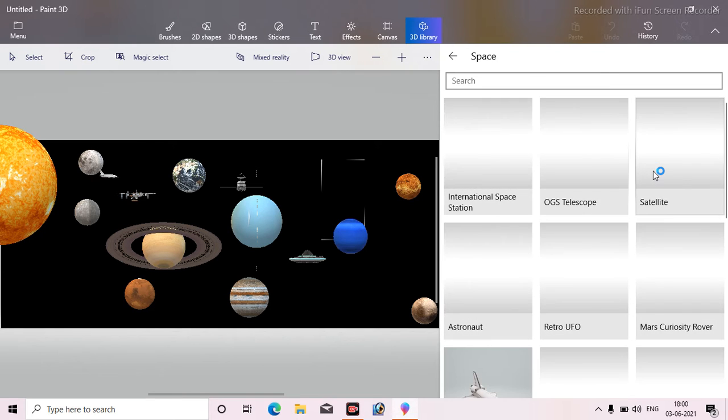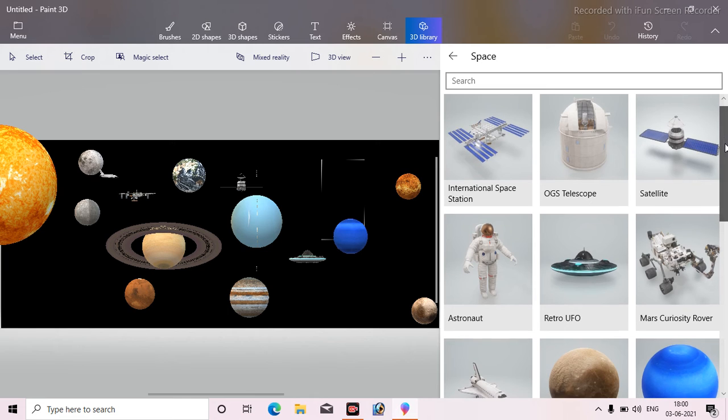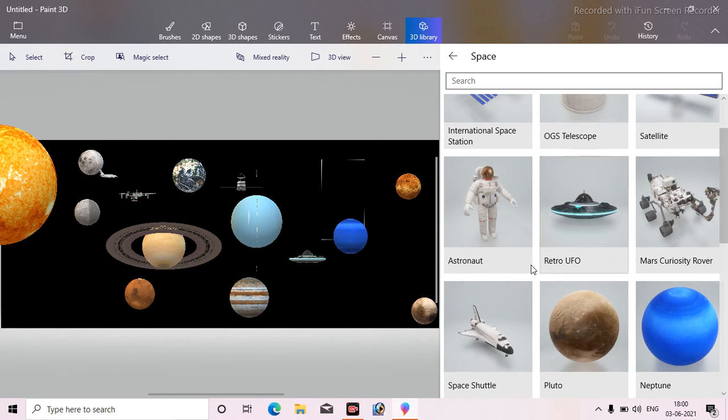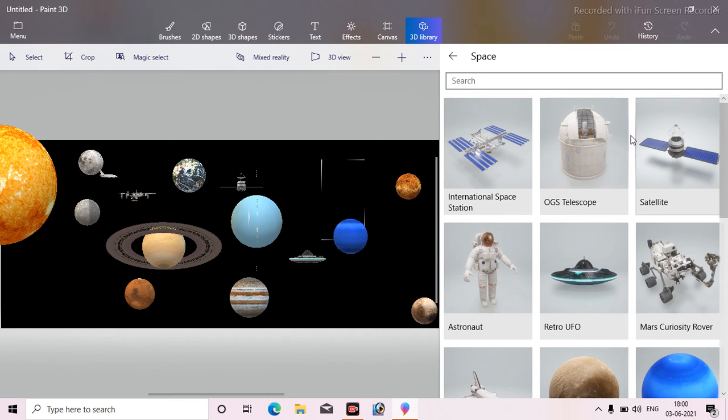If I click this, now see, the space things are available. I have used a rocket, UFO, astronaut I have not used actually, but space shuttle and all the planets I have used, and satellite and international space station.